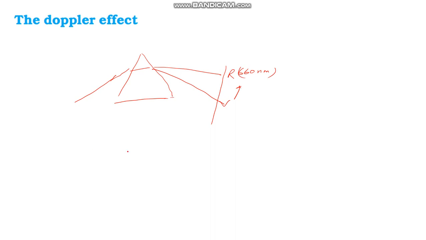Now what happens is when you take the source and the observer is here and the source is moving away, let us say from position A to position B. So what is increasing? The wavelength is increasing, right? So we will see that the spectrum shifts towards the red. When the source is moving away from the observer, because the wavelength is increasing, the spectral lines move towards red. This is called redshift.